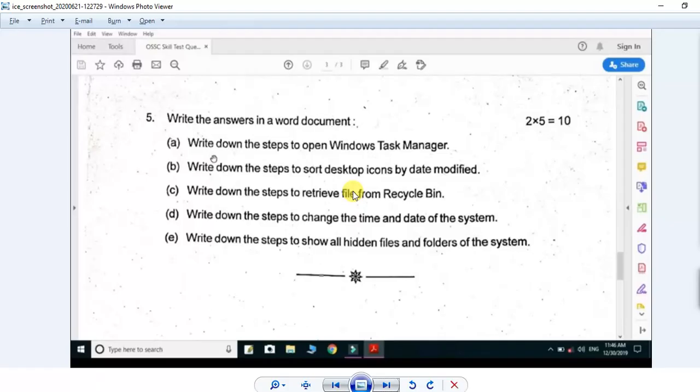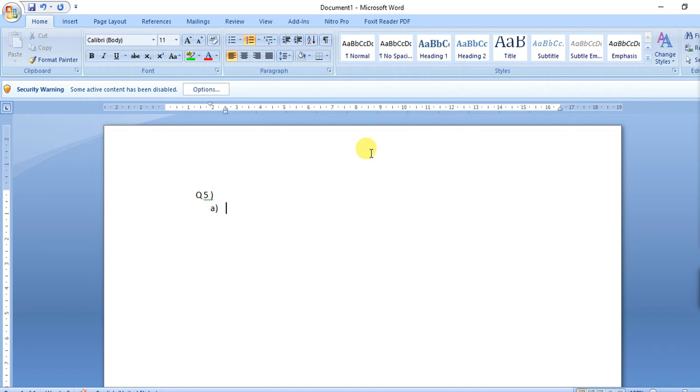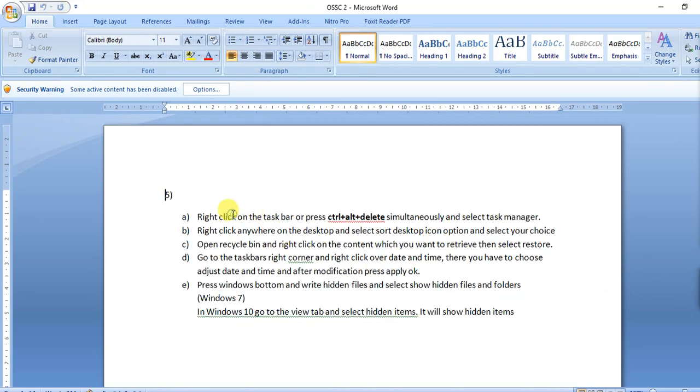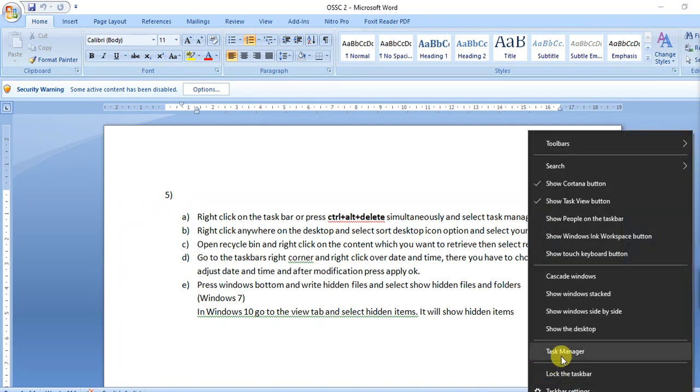Okay, so I have to write the steps to open Windows Task Manager. So right click. I have just written down those things. Right click on the taskbar. Then you have to select Task Manager.